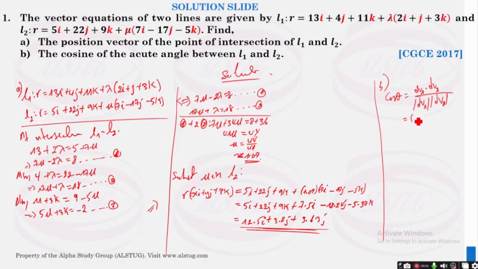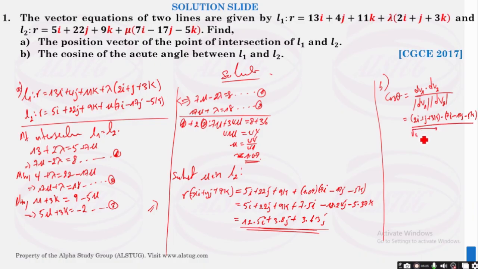So technically what we have is 2i plus j plus 3k dot 7i minus 17j minus 5k divided by,